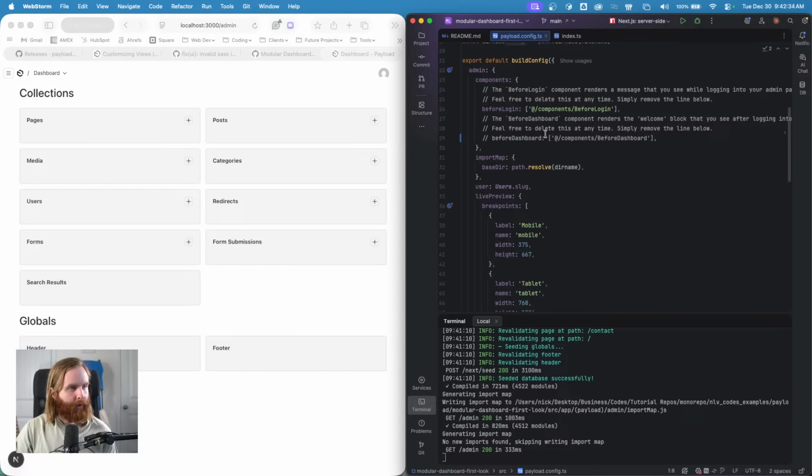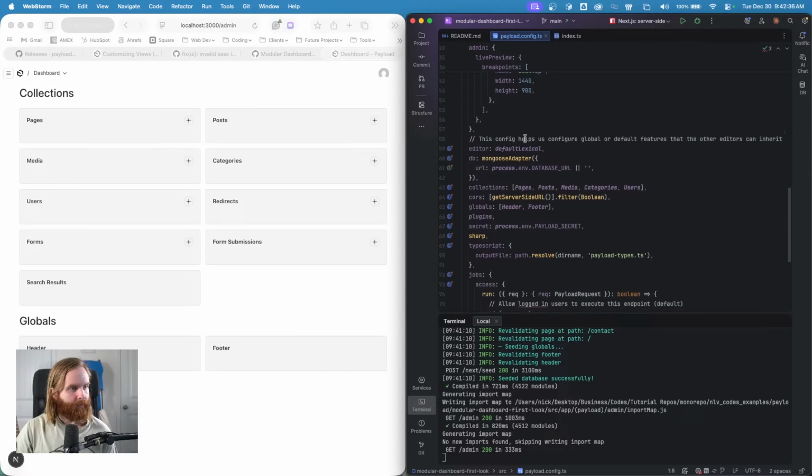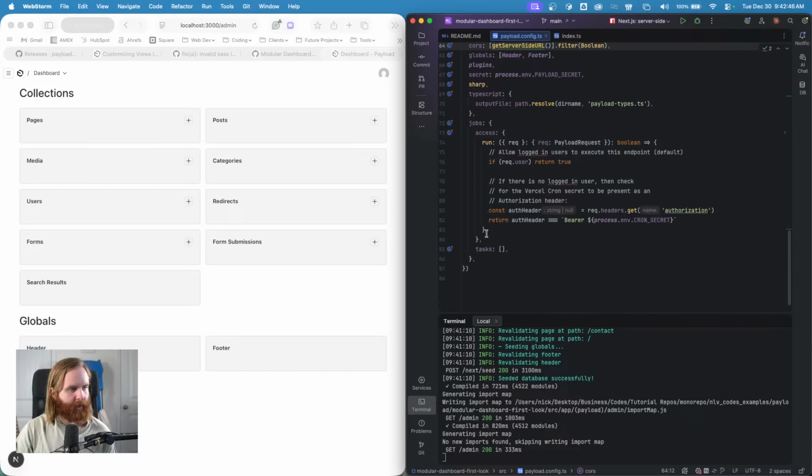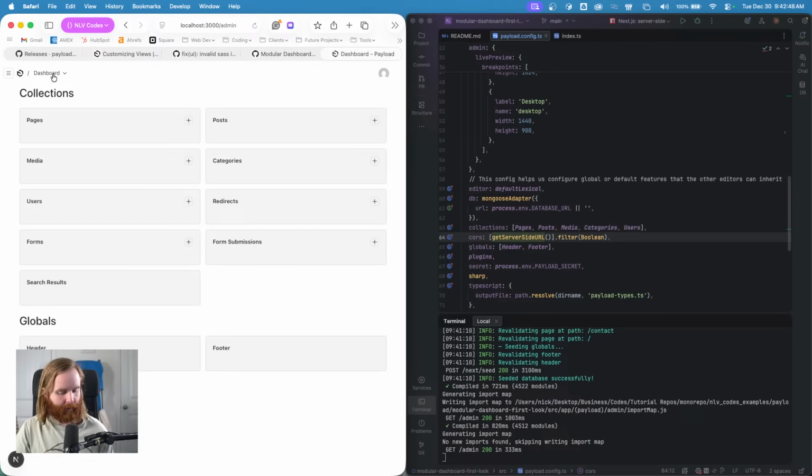It's not in any components, not in any collections or our cores or our globals, not in any plugins that I mentioned. TypeScript, it's not going to be in our jobs either. All right, so let's take a look at the dashboard, since it seems to be